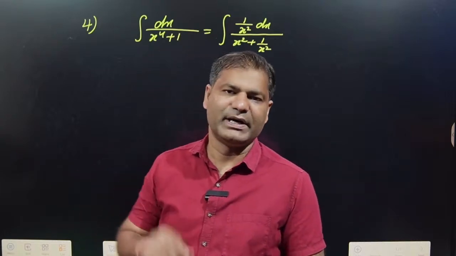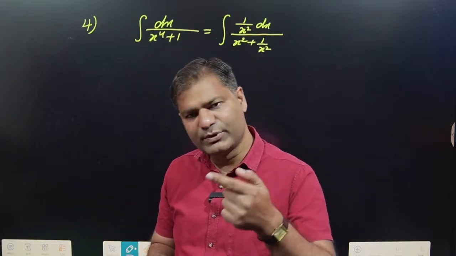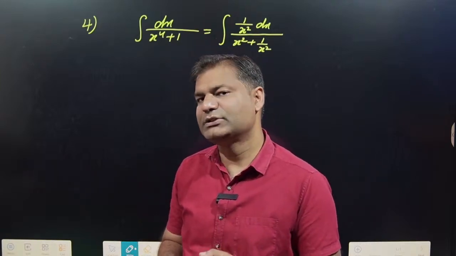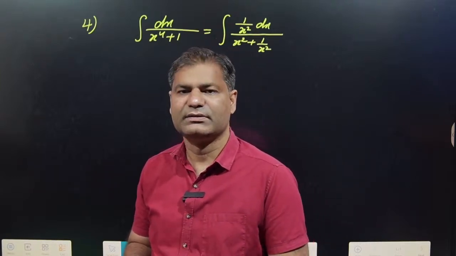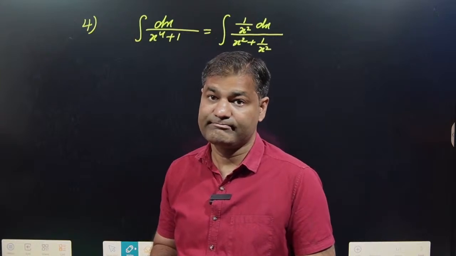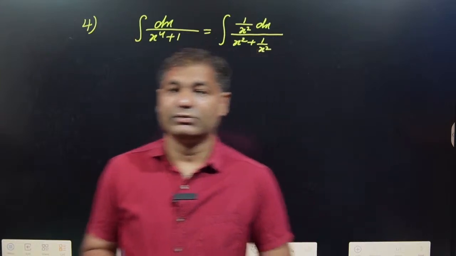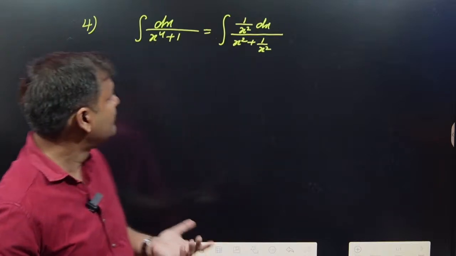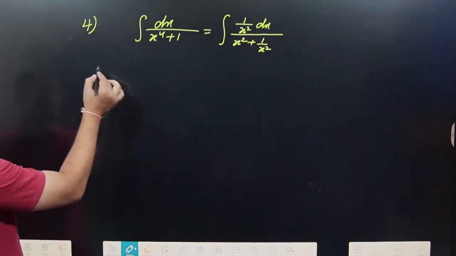So if we divide x square in numerator and denominator, then we get 1 upon x square dx divided by how much? x square plus 1 upon x square. Okay, now which one is taken as t and dt? Not available easily. So look here,